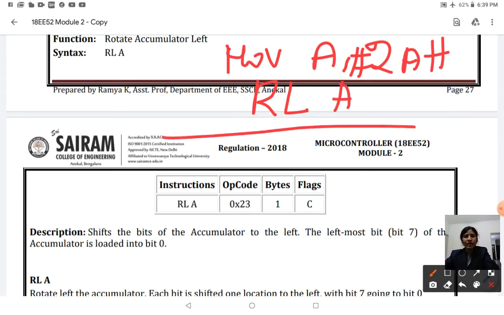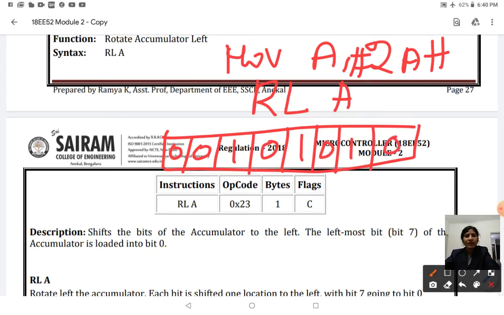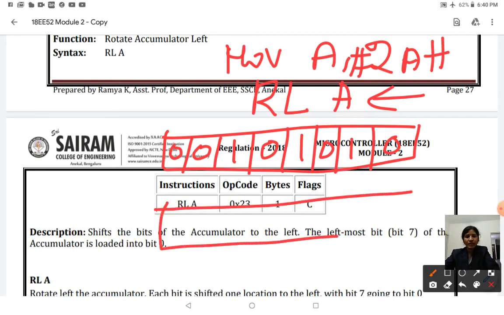So before execution of this RL instruction, 2A means 0, 0, 1, 0. A is 1, 0, 1, 0. After execution of this RLA instruction, the content is going to fall like this.